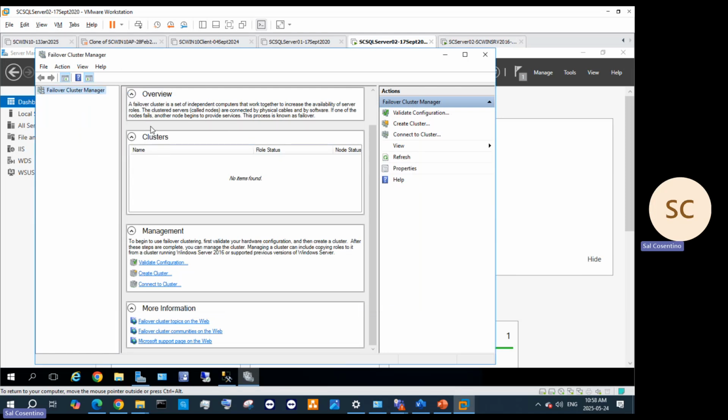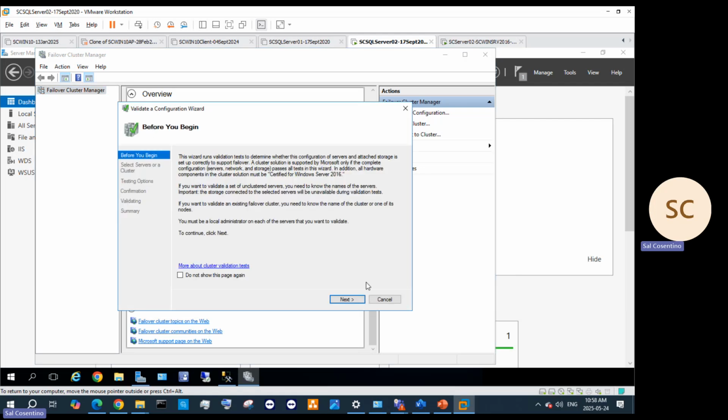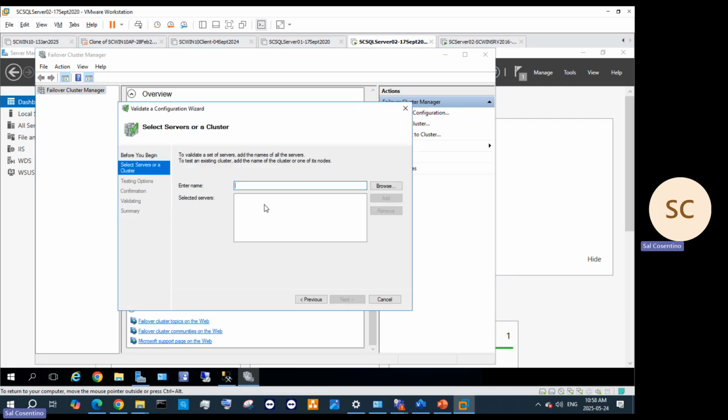We can also validate our failover cluster. We enter the server or set of servers, or add names of servers, and then we can test an existing cluster and add the name of the cluster or even one of its nodes. And then lastly, I want to talk about